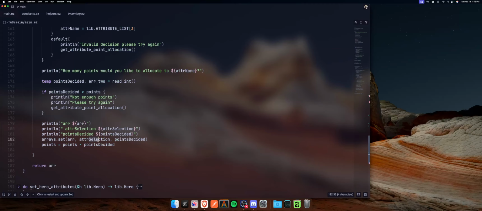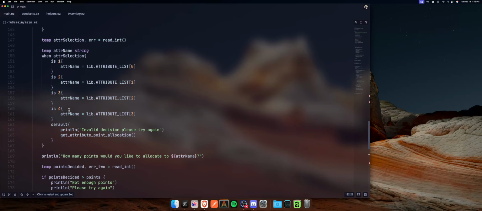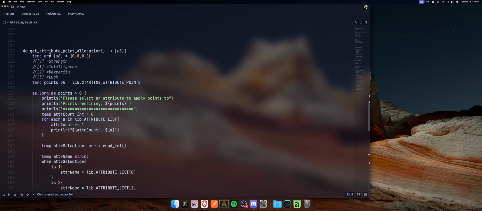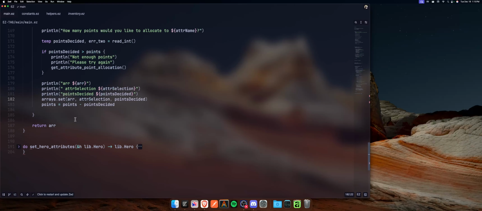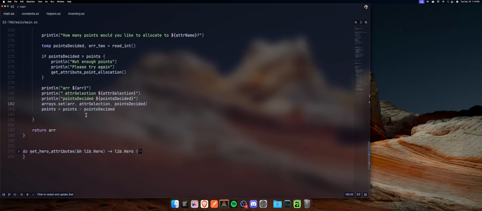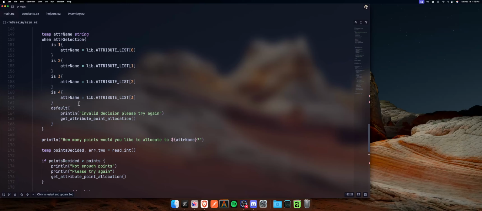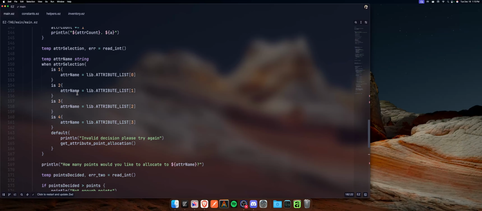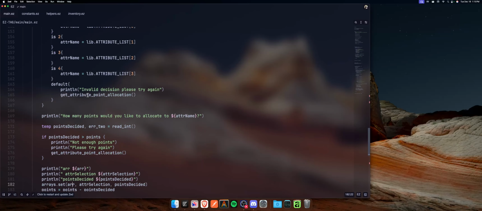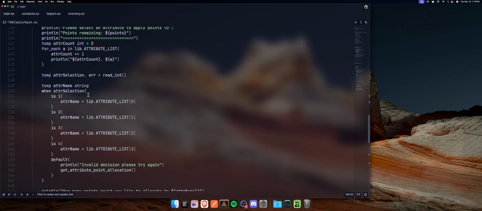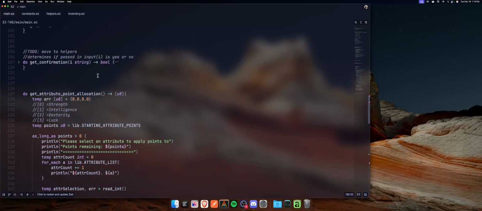This is the index and the points we chose and the array that we've given it. Oh, you know what? Is it because of the type? Attribute selection is. Oh, you know what? Yes. So the array is sized 8-bit integer, and attribute selection is coming out as just regular old int. So I can